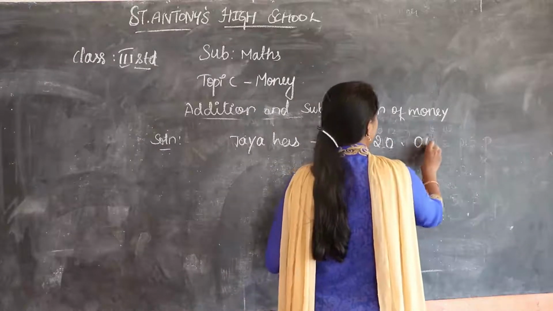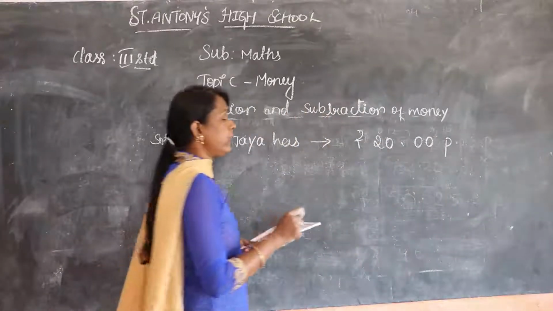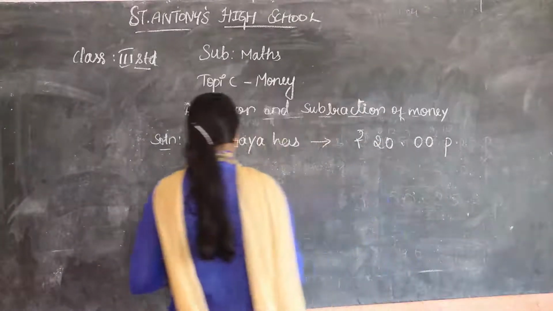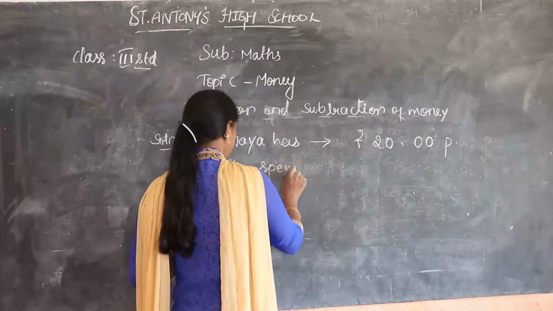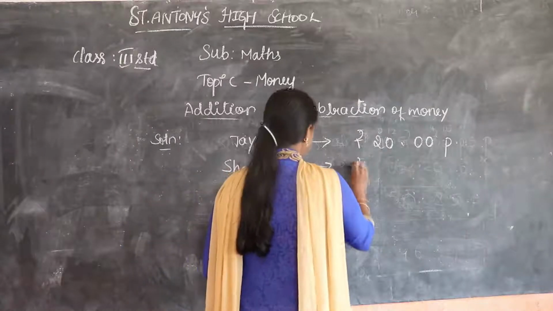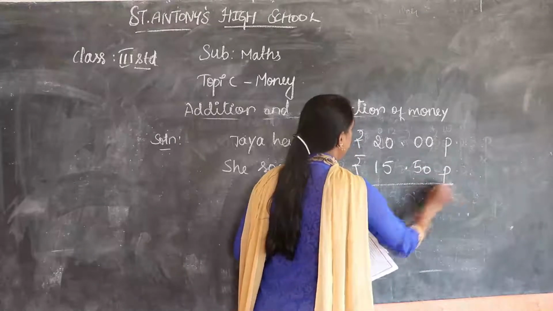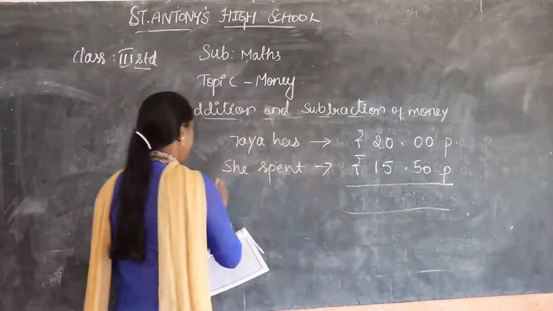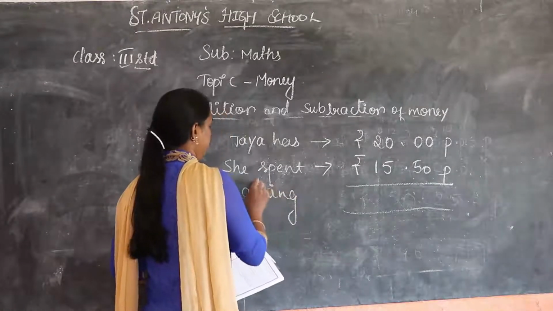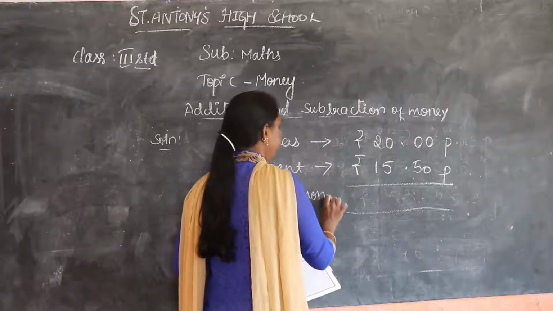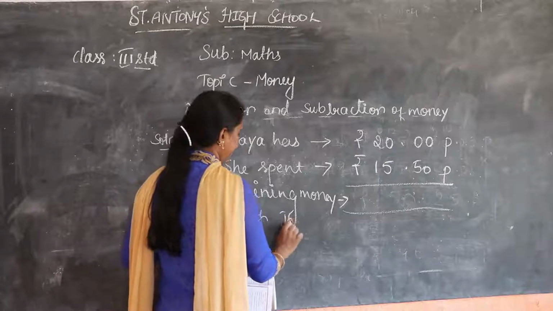Rupees 20. If the paisa is not given, you have to write zeros in that column, so it will avoid some confusion. But Jaya spent how much? Rupees 15.50. Okay. The remaining money with Jaya is...